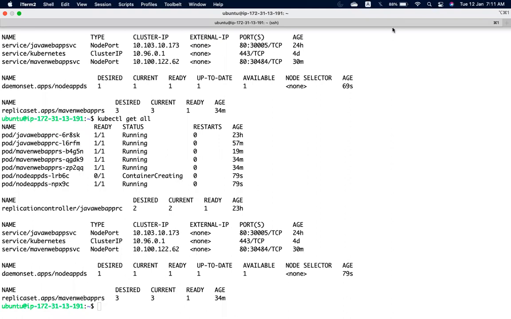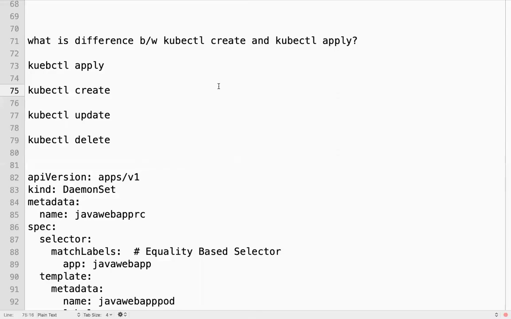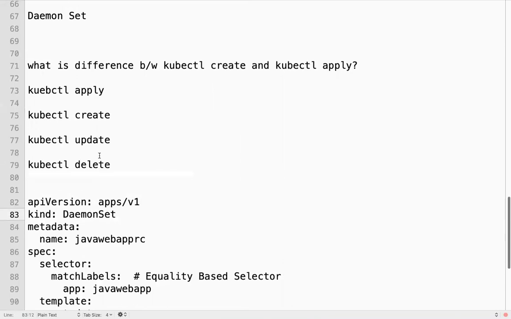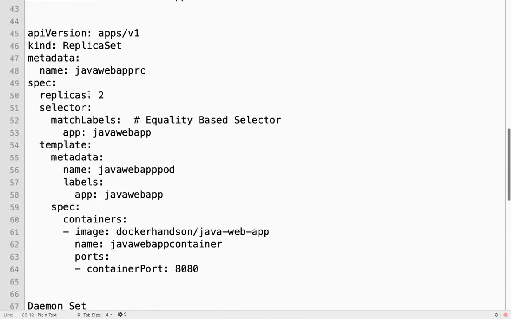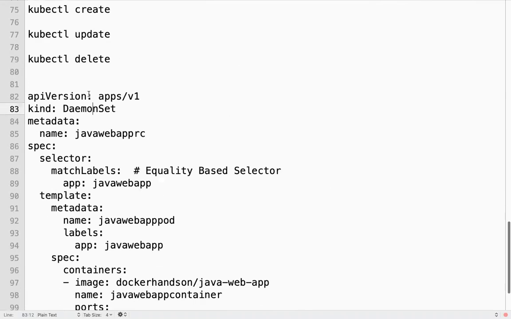It's exactly like global mode in Docker Swarm. Whenever you add a new node, the pods for the daemon set will be created on that node. So now we have a daemon set, a replica set, and a replication controller.